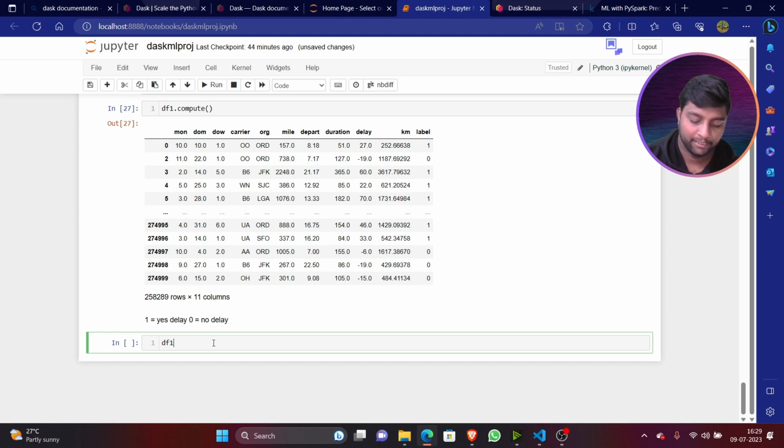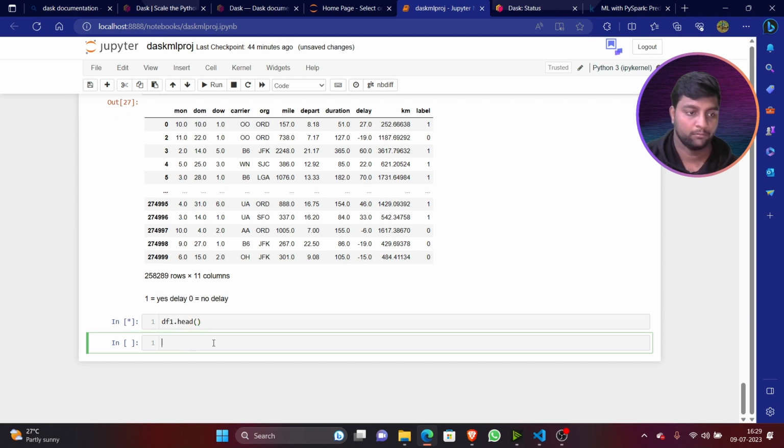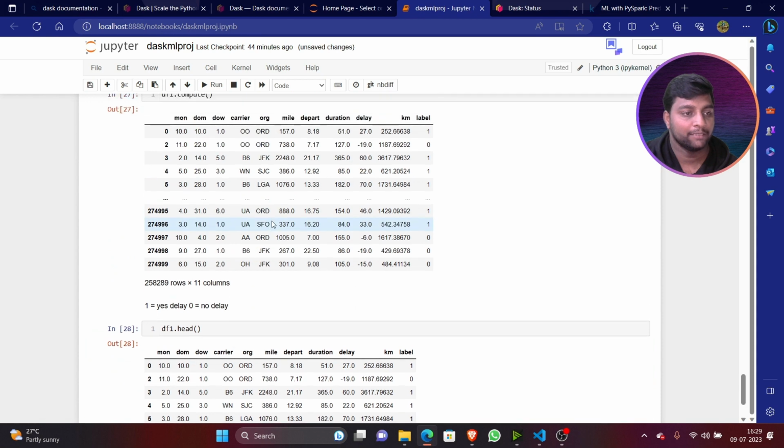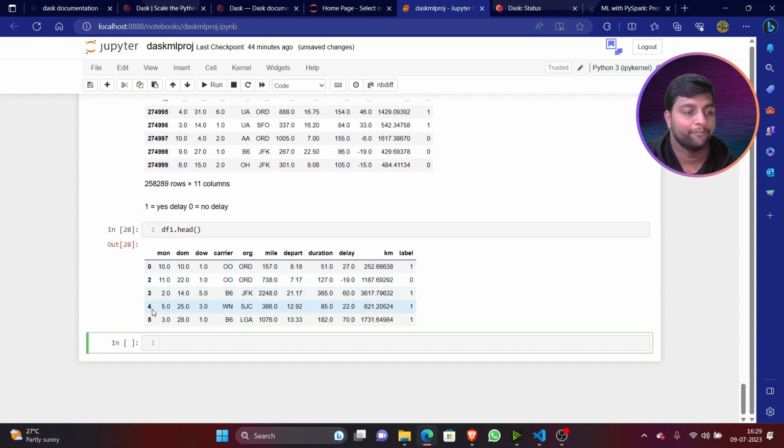So now again, let us check df1.head. And here, this is the head data we have. So we'll be using this, and you can see here 0, 2, 3, 4, 5. Where is 1? Because 1 is dropped. That particular row, in that, the null values were there, so it dropped that particular row. So our next topic will be to